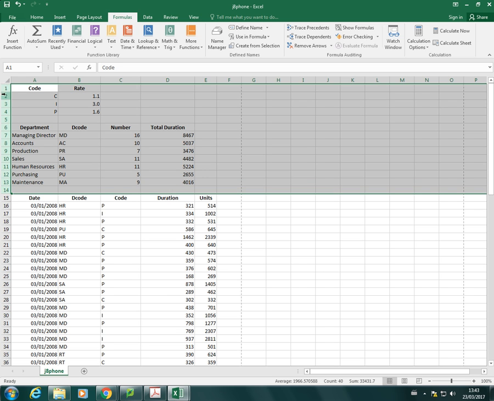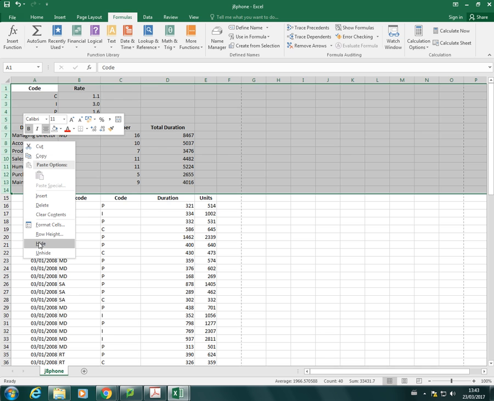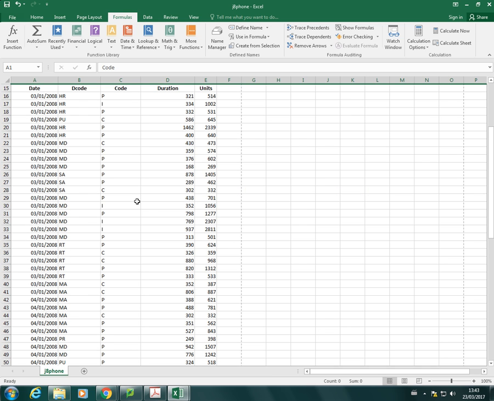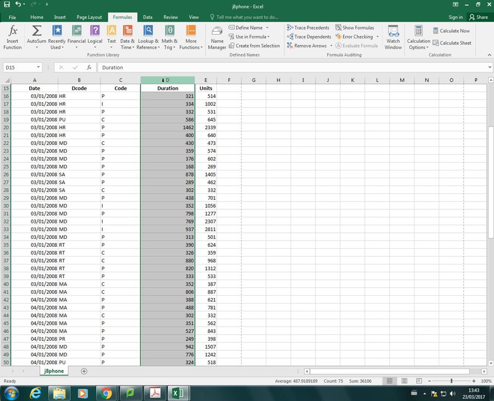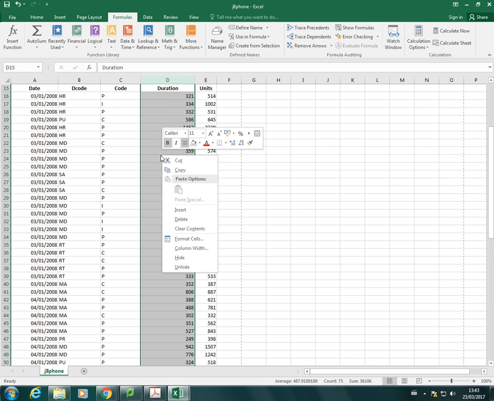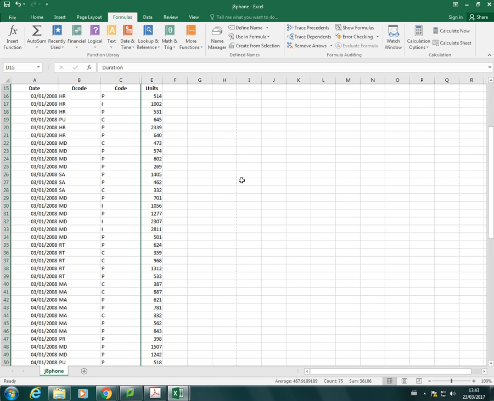So I just select the rows that I need to hide here and just right click and hide. Yep, and then I need to hide column D as well. So it's exactly the same process. And hide. If I need to unhide the data, I just go back to the position and you'll see that